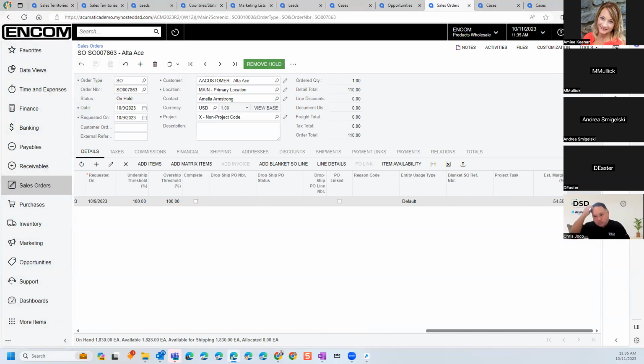The last thing that I wanted to show you guys as far as a UI change, and then we'll open it up for any kind of Q&A. Again, 23R2 just came out a week or so ago. I'm still scratching the surface, digging deeper and learning new things every single day that Acumatica has put into the system here. But the last thing I wanted to show that really helped me out a lot was,